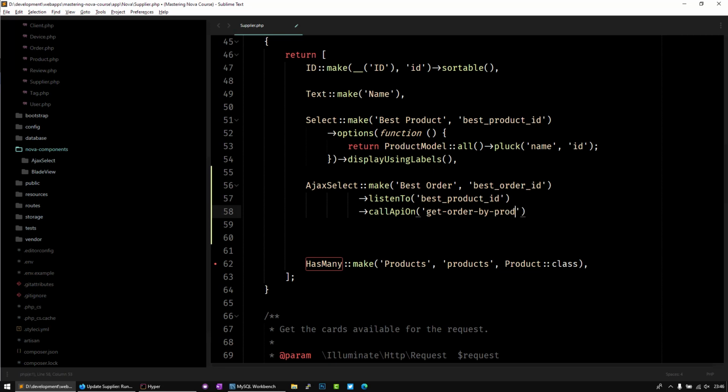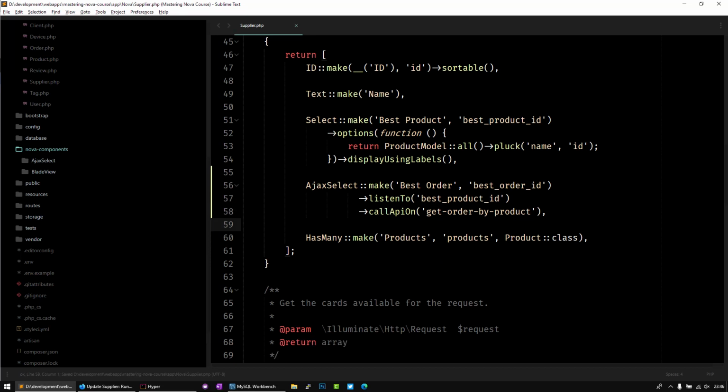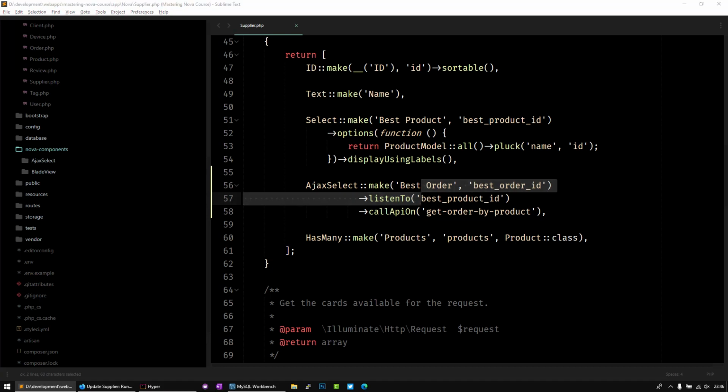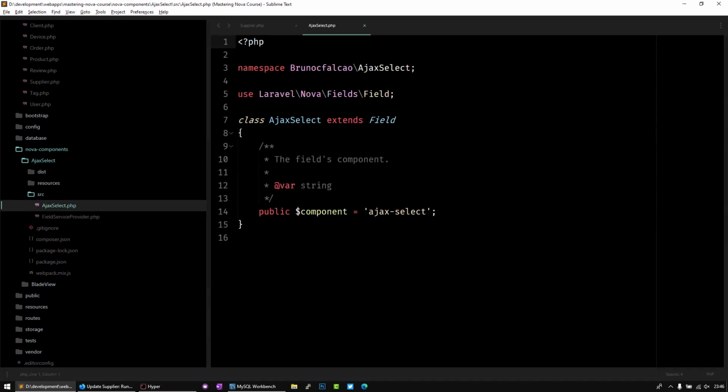Again, these are just two methods that you can call whatever you want, as long as they exist on your class, the name of your field. Because we are going to actually use metadata to pass this best product ID and get order by product to our view component in this case. Given that, all we need to do now is go to our object and just pass that there. So if I go to Ajax field, Ajax select here,